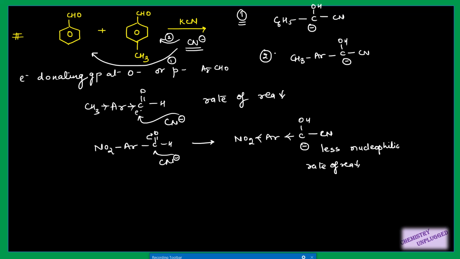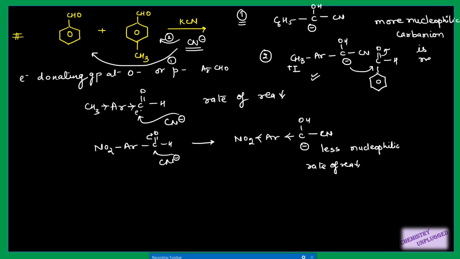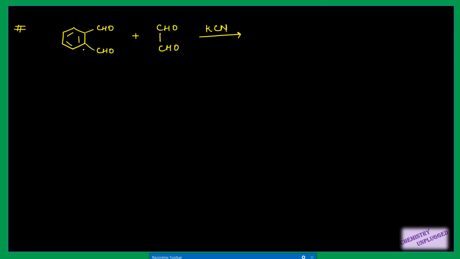Now you can easily decide which out of these two will be more nucleophilic in nature. This one, because I have a group here which will show a plus I effect, making it more nucleophilic in nature. Why do I want it to be more nucleophilic? Because I want to use this carbanion in the second step when it will attack on this aldehyde. What is the second step? That it will attack on this one. If it is less electron rich, the electron density is poor, so it cannot effectively attack on this one. A more nucleophilic carbanion is needed. Only remember this point.